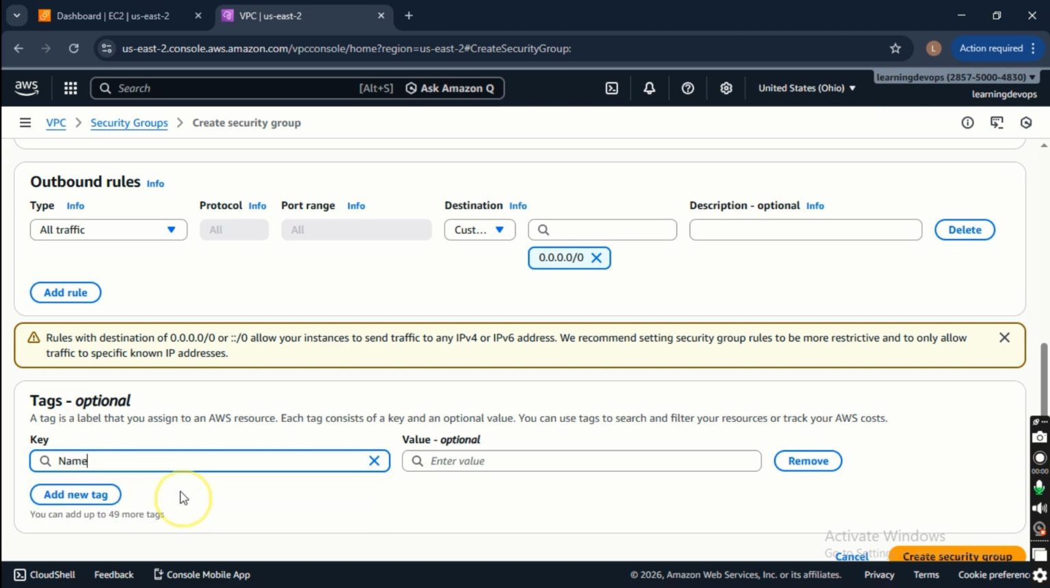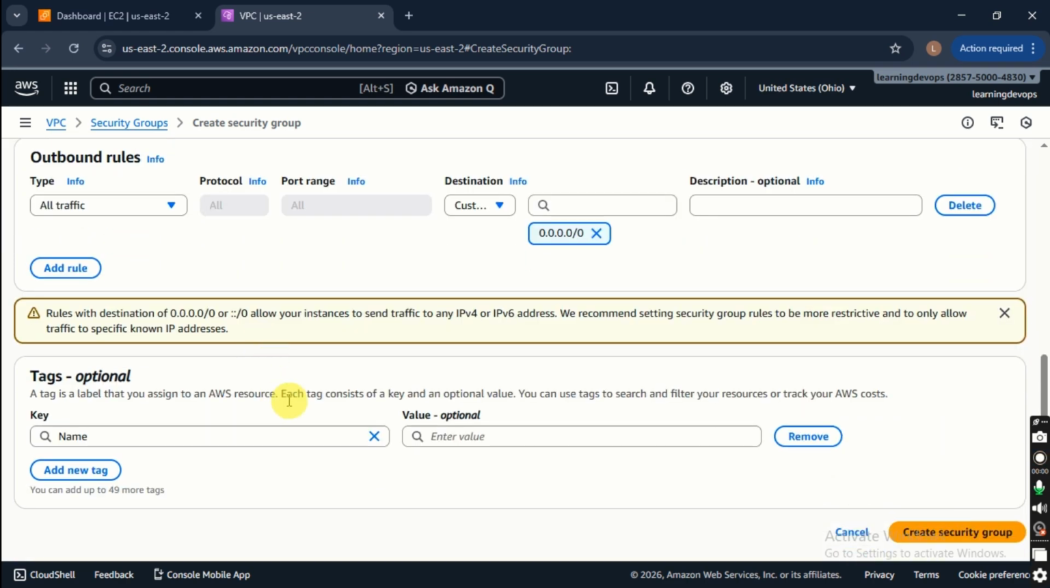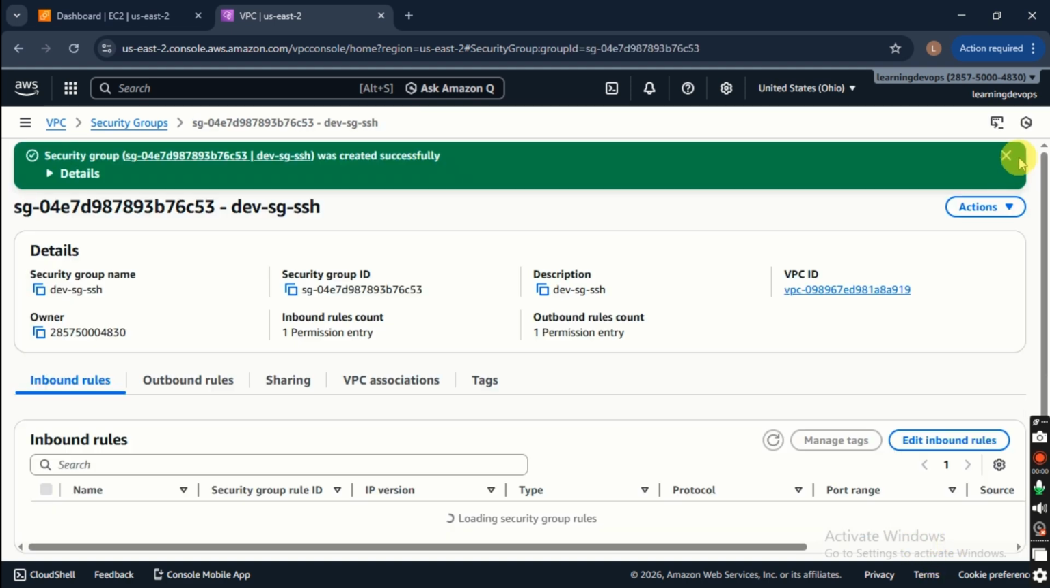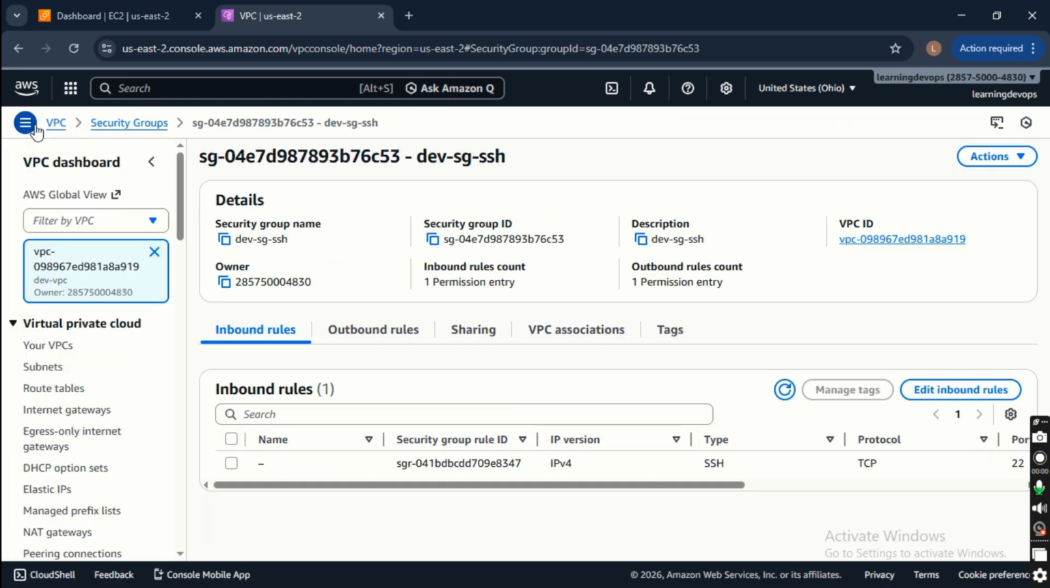Name and the value, same thing we have here. All right, paste. So create a security group. So as a first security group that we are creating. So the second security group, let's take a look at